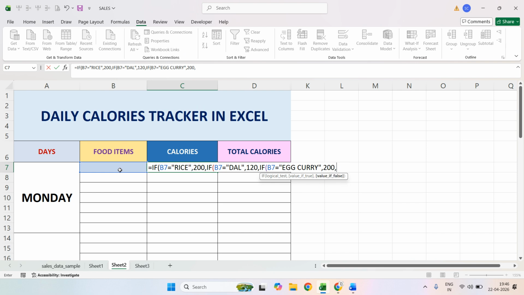And again I am going to start another if function. After giving a comma, within the if function I am going to provide the condition that if the cell reference B7 contains, suppose, fish curry, the calorie that I want you to show is 180. Okay, and we have rice, dal, egg curry, fish curry, and ice cream and pizza. So for another food item, I am again starting another if function, and then again the cell reference B7, if it contains pizza, I want you to show a value of 300, as pizza contains a very good